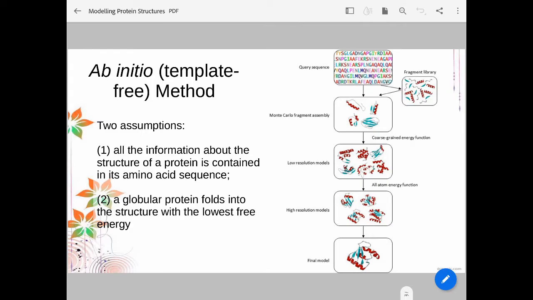Now this is the ab initio method. This is your template-free method, the de novo method. So this is based on two assumptions. All the information about the structure of the protein is contained in its amino acid sequence, and a globular protein falls into the structure with the lowest free energy. So you are going to look for all of the possible combinations or structural possibilities and choose the one with the lowest free energy. So in here you have the Rosetta method for ab initio protein structure